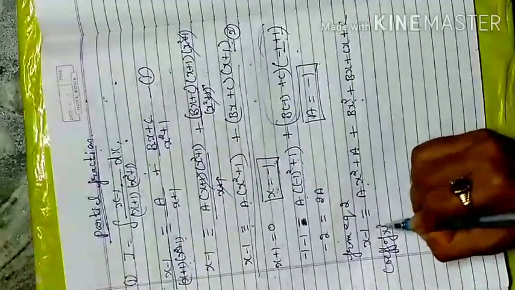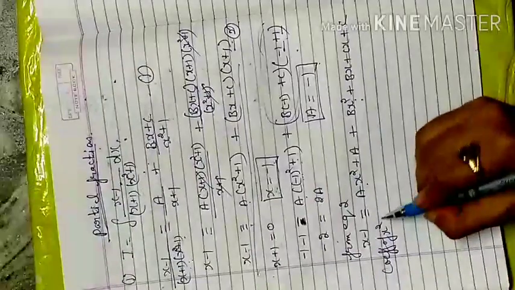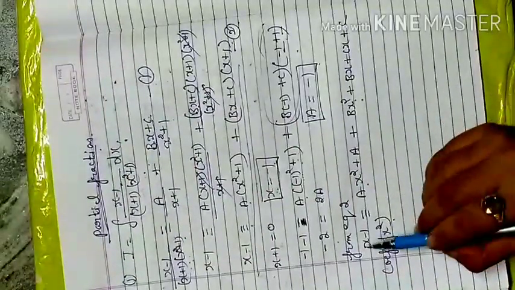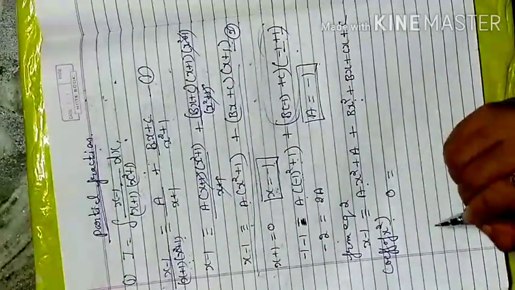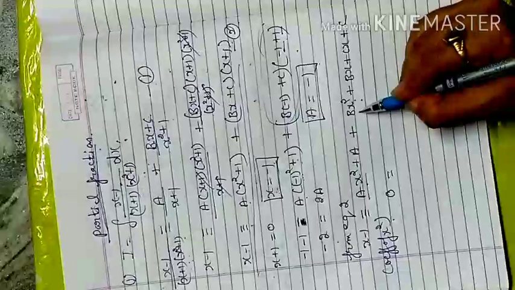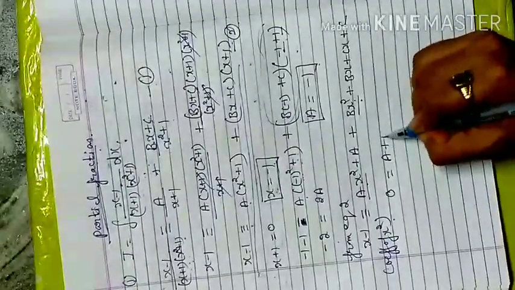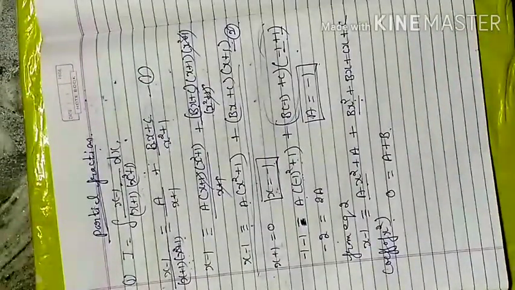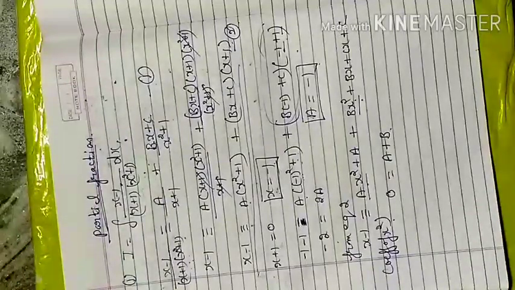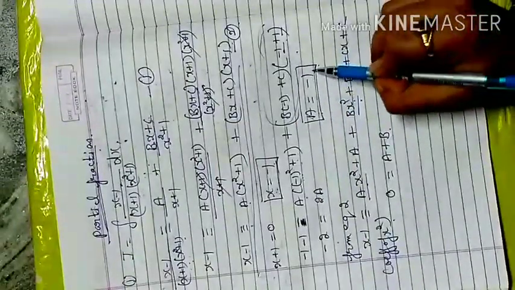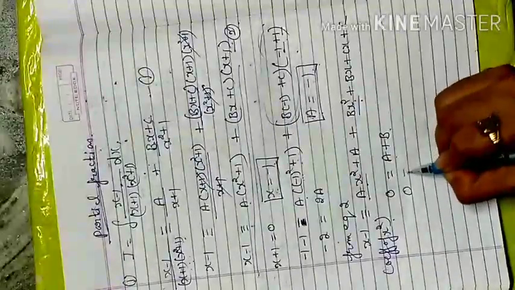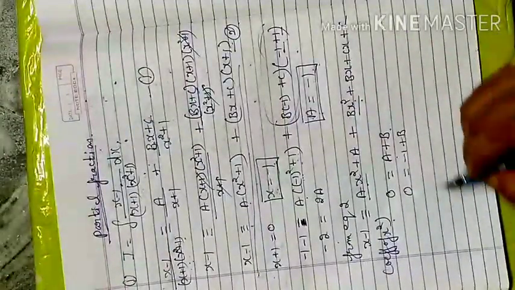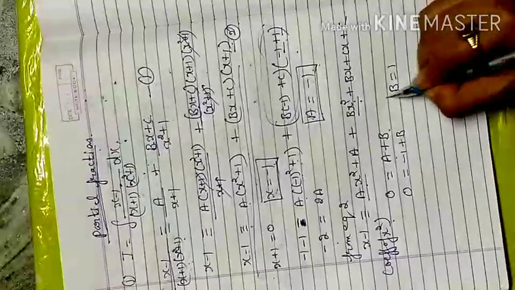Now I have to equate the coefficient of x square. When I equate the coefficient of x square, there is no x square term on the left side, so my left side will be 0. On the right side, the terms accompanying x square are a plus b only. No need to write x square; you only write the term that is multiplied by x square. I already found the a value is equal to minus 1. I substitute it here, a is equal to minus 1, so that becomes minus 1 plus b, and my required value of b is equal to 1.